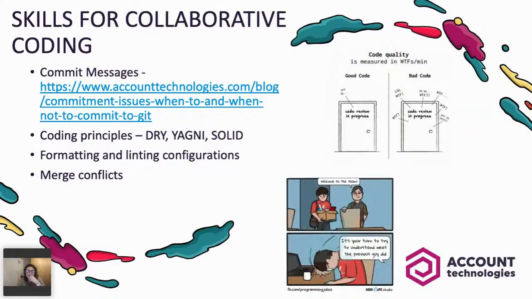And then equally, leading on to that, merge conflicts. If you've been learning how to code by yourself, your merge conflicts are really easy to work out if you're the person who wrote both sides of the conflict. So get good at working out where each thing came from, which bit's relevant now, and knowing when you need to ask the person who wrote the other side of the conflict to help you figure it out.